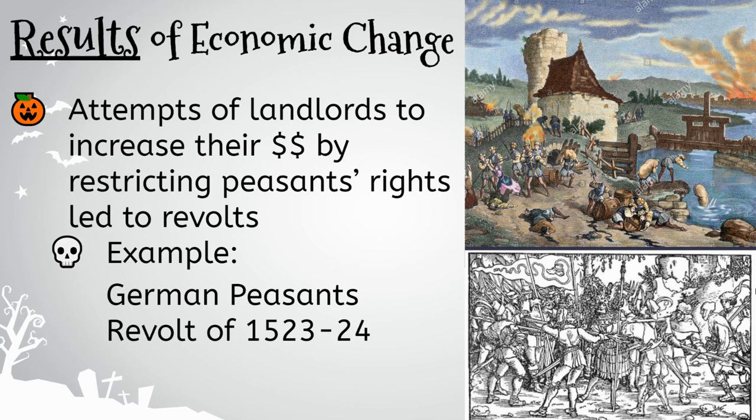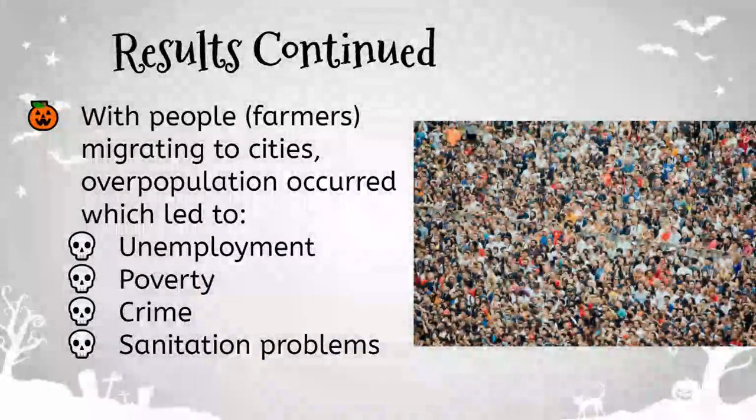And after this, more restrictions get put upon peasants and serfs, which discourages them from making further attempts to create revolution or try to create change. So this is one of the examples of what happens because of these economic changes. And then we're going to continue these results and go really bigger picture.